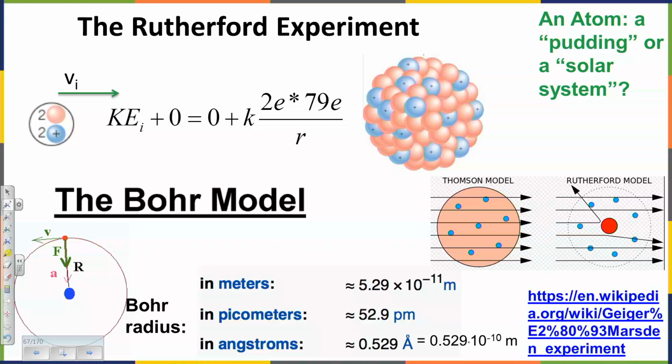Thomson, who actually discovered electrons, thought that an atom is like a cloud, positively charged cloud, with electrons sitting inside. But the Rutherford experiment, which you have heard, proved this theory to be wrong. The experiment was kind of neat. You had a radioactive uranium and